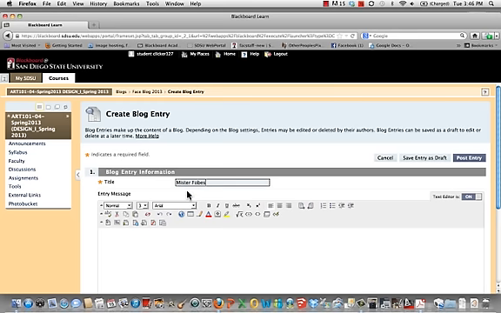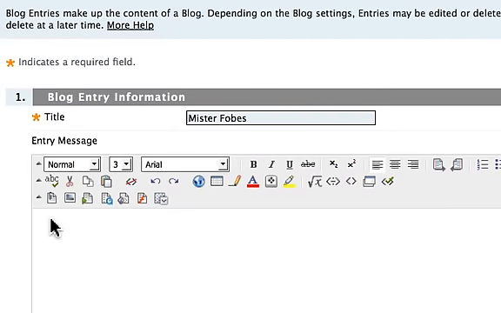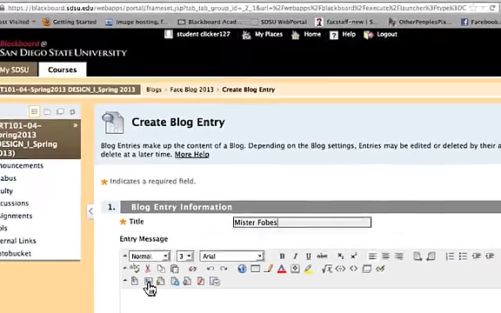All right. So the first thing I want to do is post my image, and you'll see there's a whole set of formatting icons here. This one right here says attach image. This one says attach file. We don't want to use this one because what happens is it just shows up as the file name. We actually want to insert the image into the blog. So this is the way we do it. So we click on attach file,